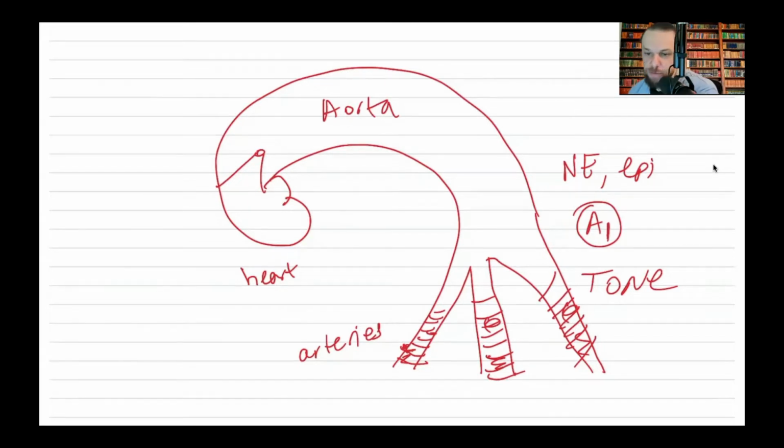Because why? Because if you give an alpha-1 receptor blocker, you cannot accommodate in time. So you lose your vasomotor tone by the sympathetic system, right? And you may syncopize. So the tone that I'm referring to is the vasomotor tone exerted by your sympathetic nervous system